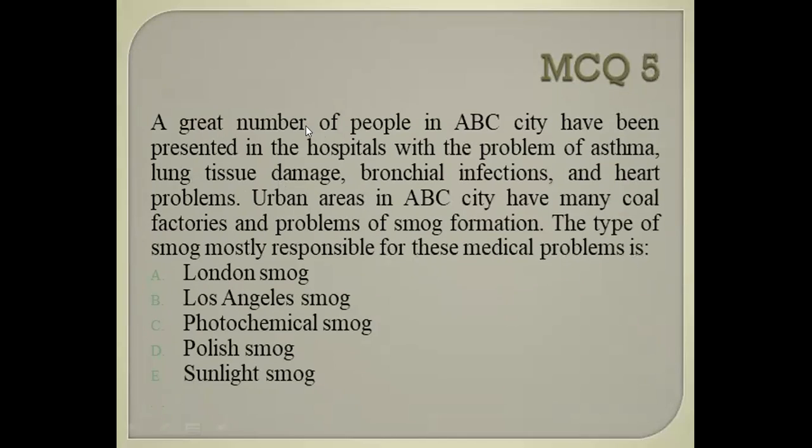MCQ 5. A great number of people in ABC city have presented in hospital with problems of asthma, lung tissue damage, bronchial infections, and heart problems. Urban areas in ABC city have many coal factories and problems of smoke formation. The type of smoke most responsible for this medical problem is: London smoke, Los Angeles smoke, photochemical smoke, police smoke, or sunlight smoke. A. London smoke, because it is actually the sulfurous smoke, industrial smoke,